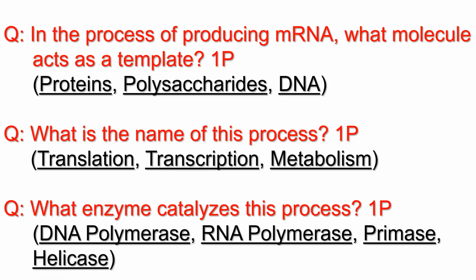Is it going to be a DNA polymerase or an RNA polymerase or a primase or a helicase? It's the RNA polymerase. Yes, RNA polymerase, because from the name, this is the enzyme that makes RNA polymer. An enzyme that makes RNA polymer, we call it RNA polymerase. Remember, it ends with ase. So all those are enzymes, but this is the one responsible for making RNA from DNA.